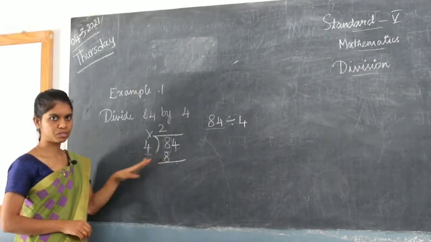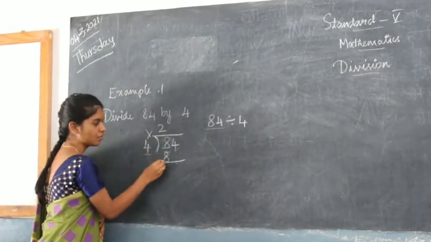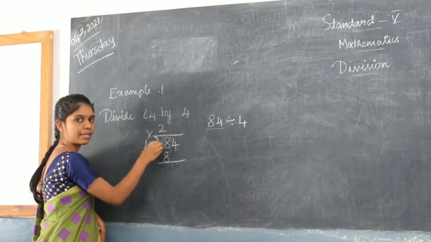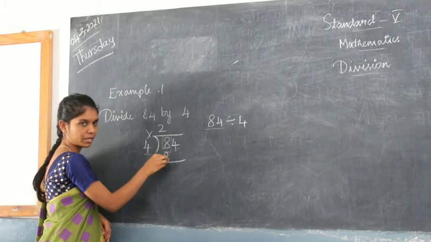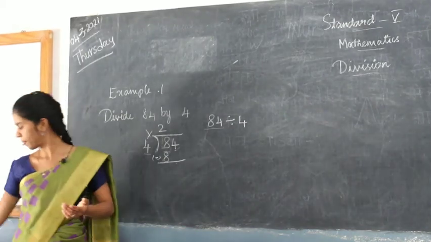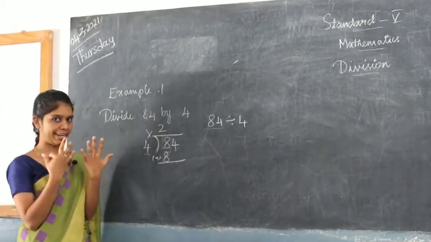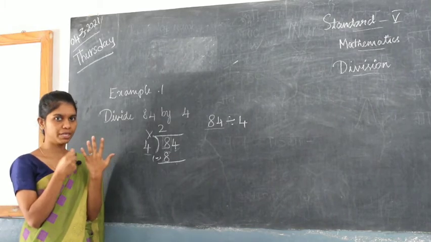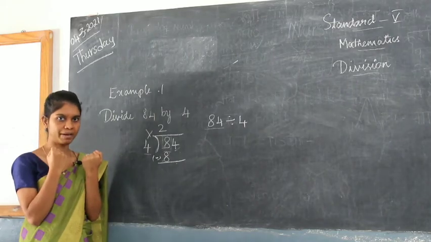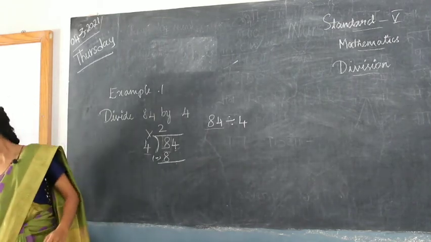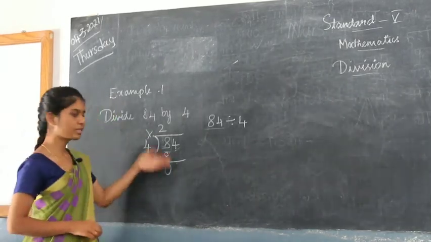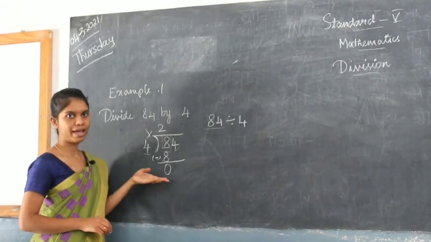After that, what you should do is you should subtract this number from this number. You should subtract the number you have written below from the number on the highest place value, which is 8. So 8 minus 8 is, so you have 8 and you have to subtract 8 from it. So 1, 2, 3, 4, 5, 6, 7, 8. 8 is gone. How much is remaining? 0. So 8 minus 8 is 0. Now this is over and you got 0 as your answer.